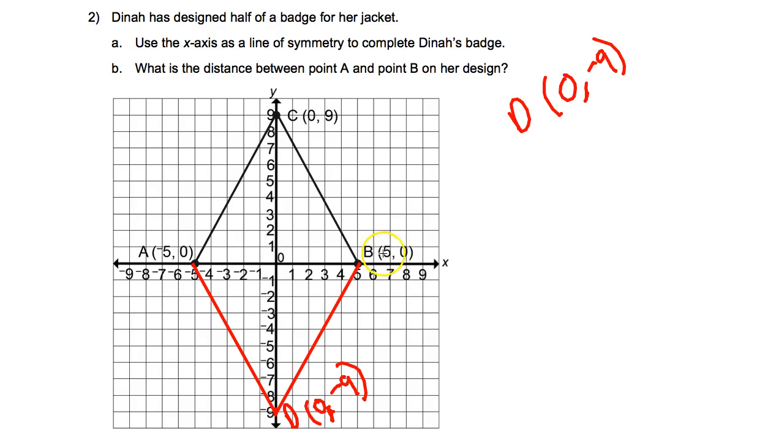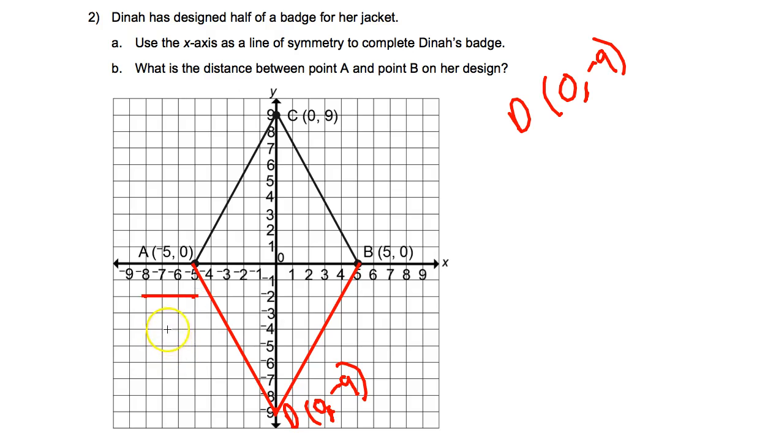A minute ago, I had a situation where I had a point at negative 8, 2 right here, and then I had negative 5, 2 right here. And because we were in the same quadrant,